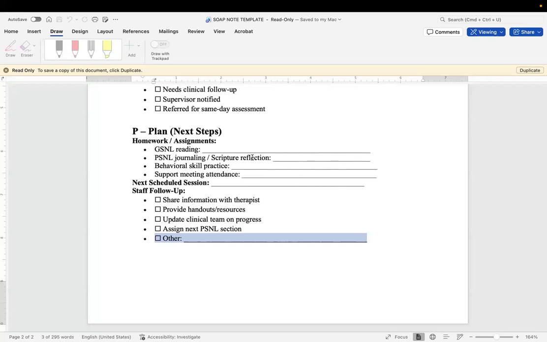And then staff follow-up. Want to share it with the therapist. I also want to update the team on what her goals are. Sometimes we call people, have you ever heard of Anita? It's, I need this, I need that, I need new shoes, I need new clothes, I need a new hair tie, and so on. Whenever we see an Anita no longer become an Anita, that's important to update the team. Like, hey, she was saying she needed all these things, and now she is kind of at peace, and she's calm.